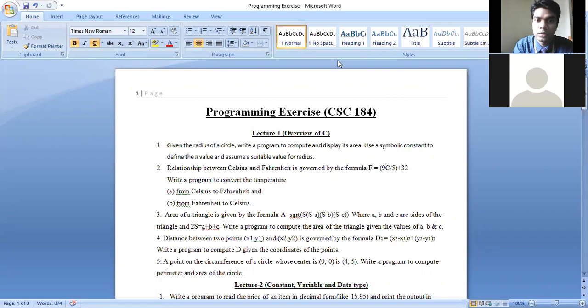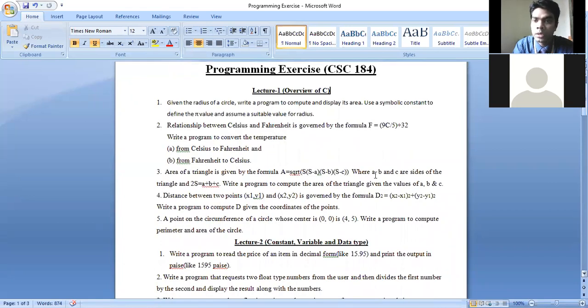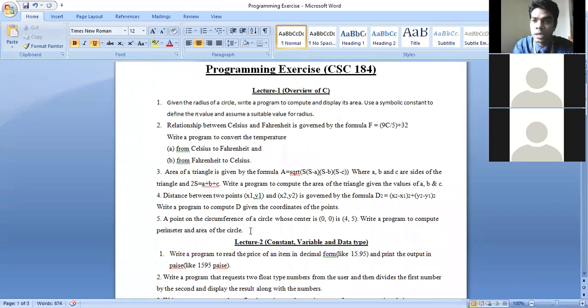Okay. So here, at first you can see chapter number 1 or lecture number 1 given over there. And from this chapter number 1, I found 5 important questions or 5 sample programs. If you practice these sample programs, then whatever question I might give you from chapter number 1, you will be able to solve all the problems. But you have to understand the problem, and you have to understand the solution as well. And I know you already submitted an assignment to my email, as well as the hard copy you submitted to me, and you already have this solution.